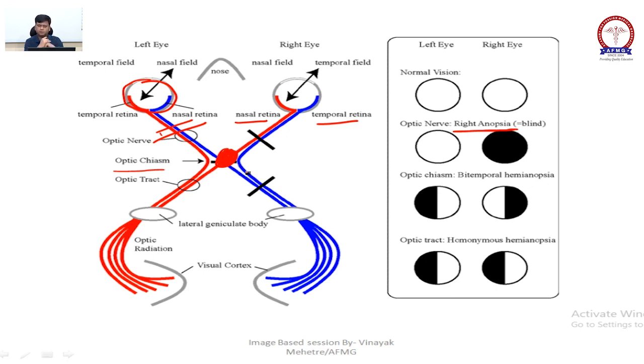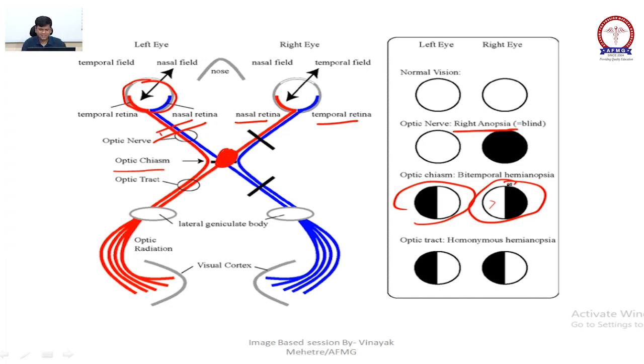If the nasal fibers of both sides are gone, what will happen? Temporal vision will go, because I told you nasal fibers will give temporal vision, right? So both sides of nasal fibers are gone, so there is a loss of temporal vision. Temporal vision will be lost, so it is called bitemporal hemianopia. The fiber damage in pituitary adenoma will be nasal fibers, and vision lost is temporal, so it is called bitemporal hemianopia. Hemi, half.